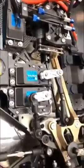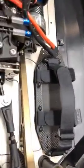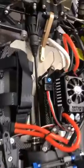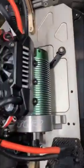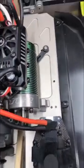So just a little under the hood so you guys can see. That was the steering. We were talking about the dual steering. You guys remember the problem I had with that. The carbon fiber battery trays, Max 5 ESC, Castle 2028 motor, which hopefully Castle can get their stuff straight because we're waiting on